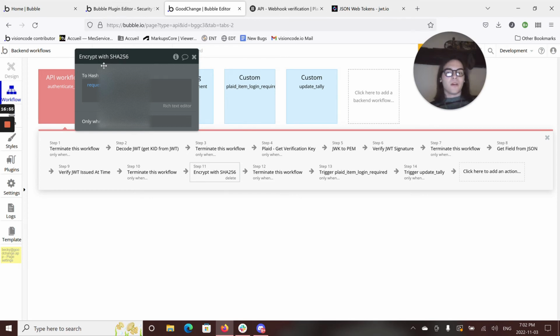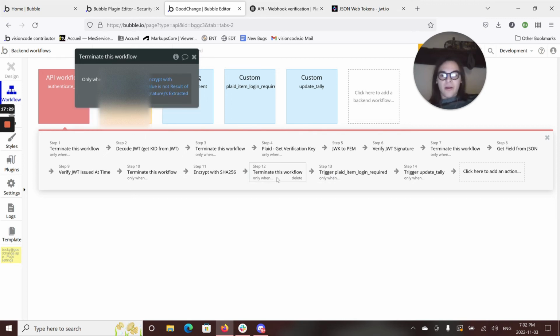encrypts something so that we can't easily decrypt it, meaning that I can take some information, let's say 1, 2, 3, 4, I can write it in a bunch of scrambled characters, so that it would be really difficult to figure out how to decode this. Well, you can't unless you brute force it, which is a whole other story. But encrypt the SHA-256 is another action, super useful, because what I use it for is I encrypt the body,